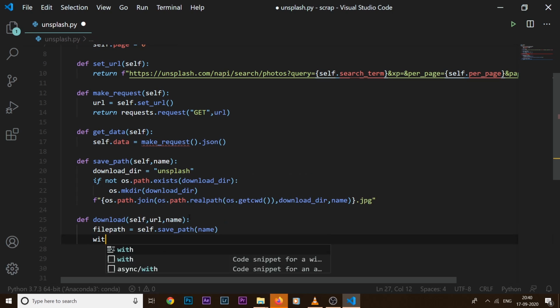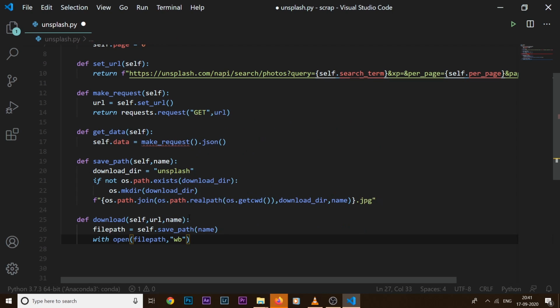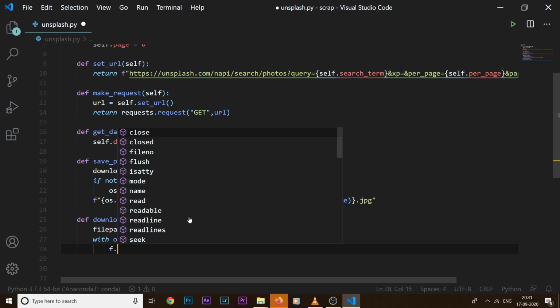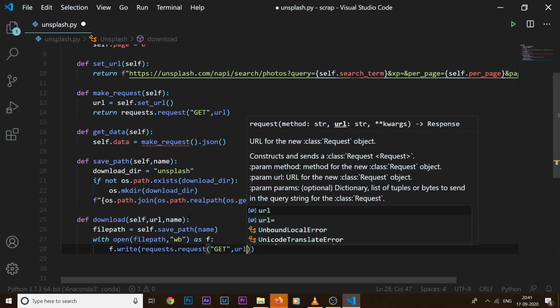And then we can say with open file_path, the mode is going to be write bytes, as f. And what we are going to do here is say f.write requests.request, set the method equal to get, and pass in the URL,